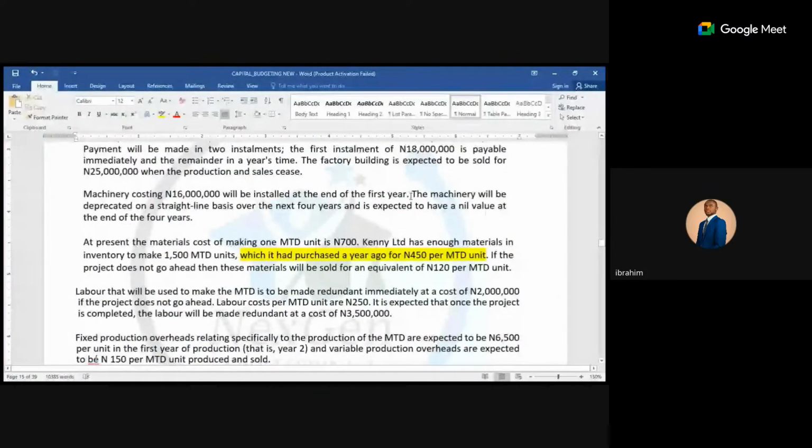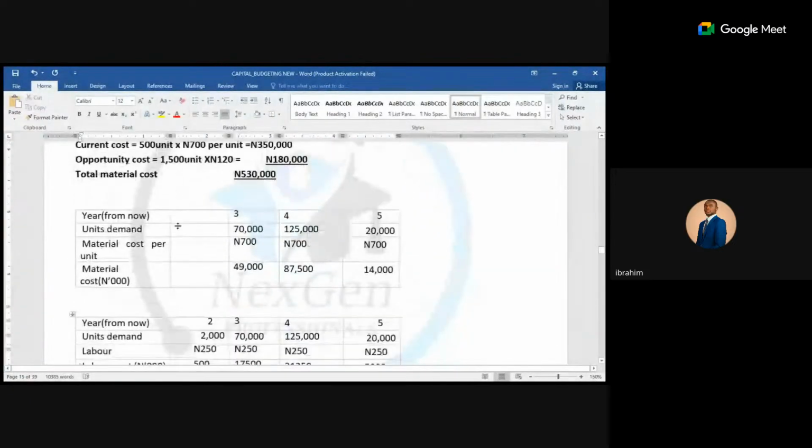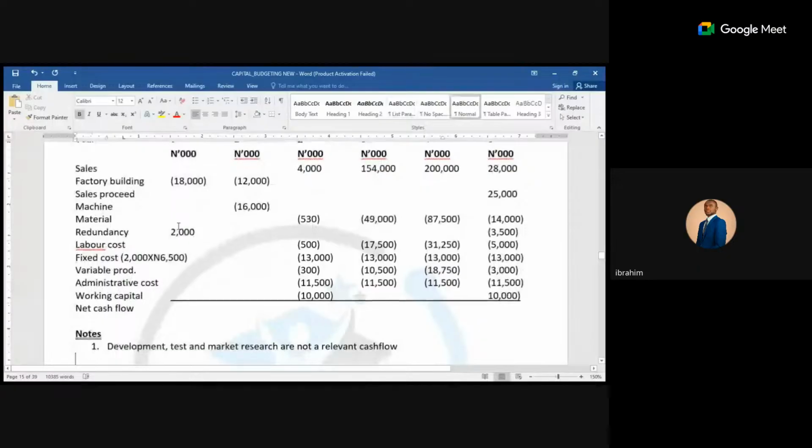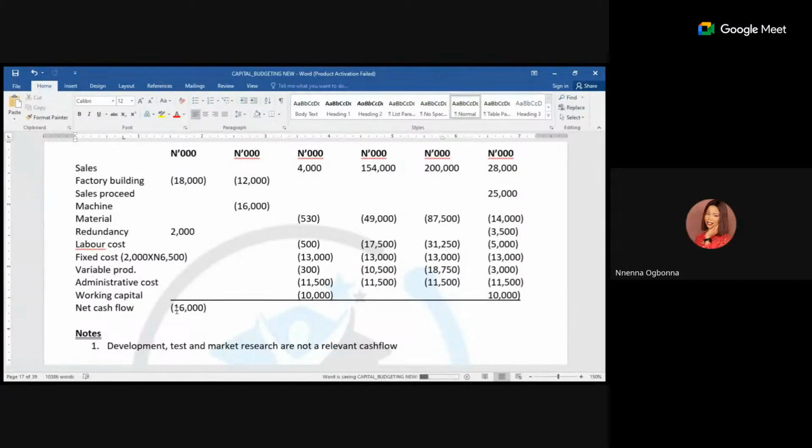And take note of this one as well. You can see at the end of the first year, which is year 1. So please quickly give me the figure. We never finished this question. Year 0, 20,000 is what? That is minus 16,000. Thank you, 16,000. So what do we have here? 28,000. Please, I have a negative.